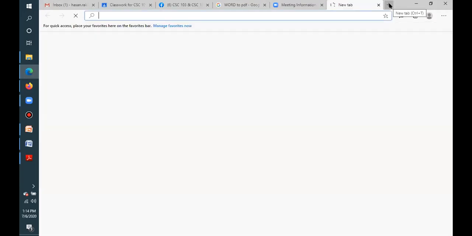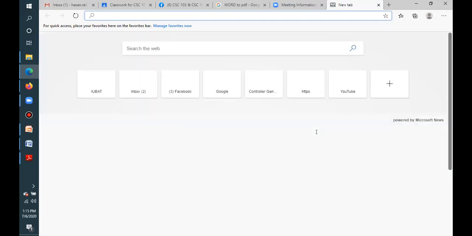Can you guys see this browser? Yes, sir. Okay, all right. Here you see a different interface, isn't it? This is Internet Explorer, another web browser. So here the interface is different.